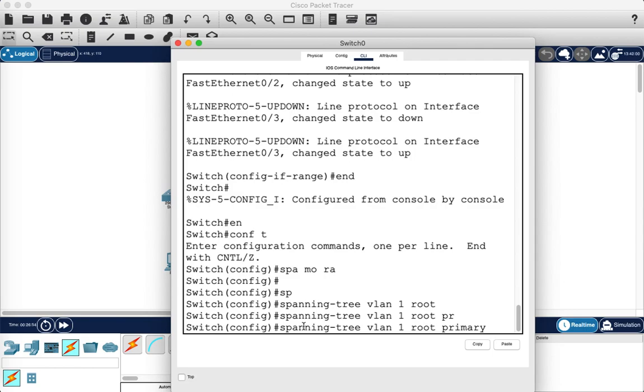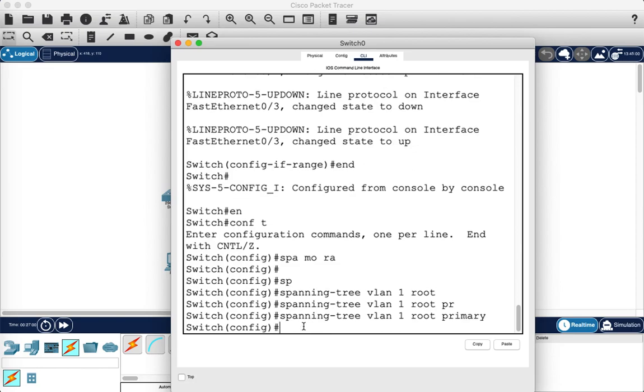Okay, so I will make this switch the root bridge. Spanning-tree vlan 1 root primary. After making this one the root bridge,